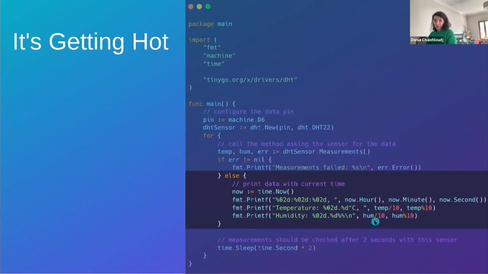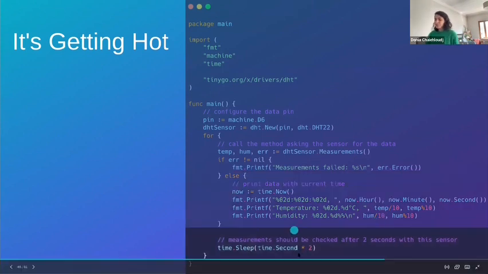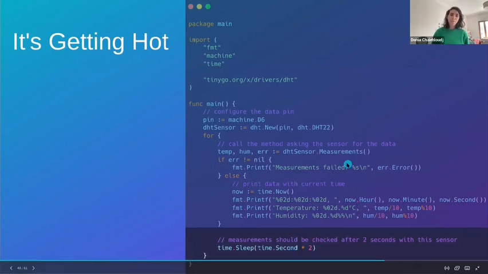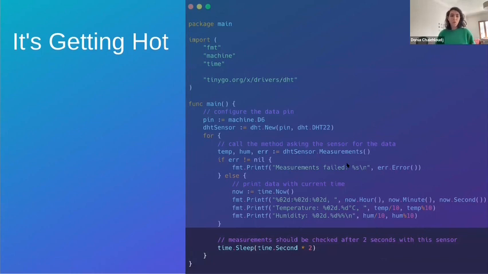So now we are happy that we printed it, and we will wait for 2 seconds. 2 seconds here is pretty important because the sensor is slow to take the data and the measurements. So we don't want to ask for data while it is sending. We just wait for it to finish sending the data and then ask for a new one.